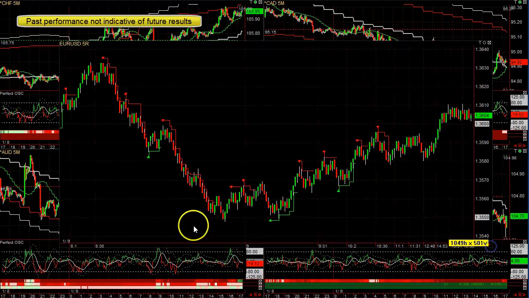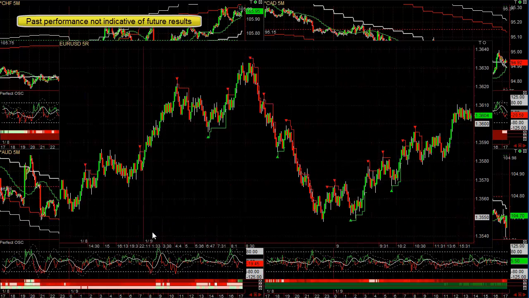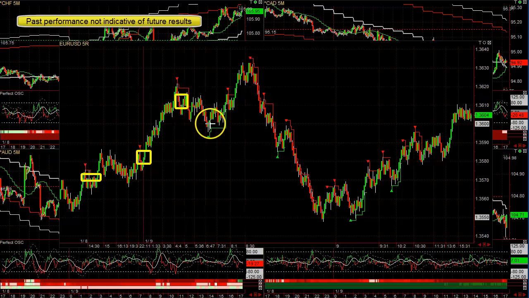Here's an example of the euro dollar chart today, and you can see it did pretty good at finding trades that are likely to give you bigger profit than what your risk is. This first trade you would have been short right here and stopped out, very tiny loss. Another trade here, you can see the third one was a winner. This one was a decent sized winner. You had a very tiny loss right here. Huge winner,